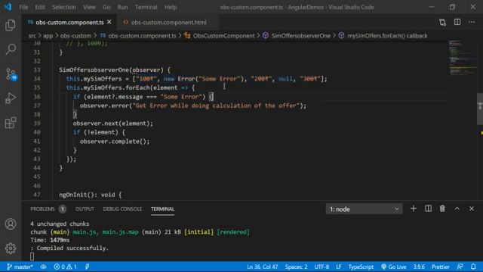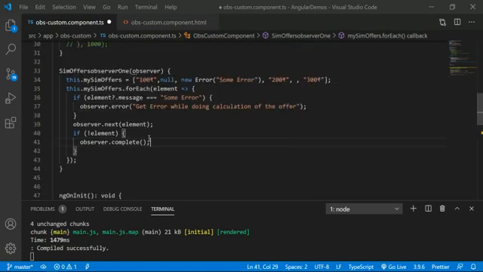One more thing: if I have null after the 100, in this case the observer needs to complete the operation whenever it receives null, or even undefined, null, or an empty value, any kind of value. So how do we handle that? By using an if condition. I am stopping the observer when I reach the null. Let's say for understanding purposes I pass 100 rupees and 200 rupees here. So 200 rupees won't be executed. It stopped right after the 100 rupees.